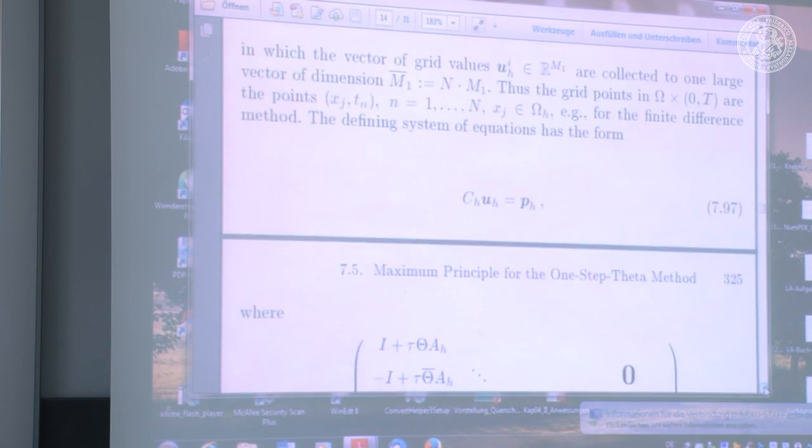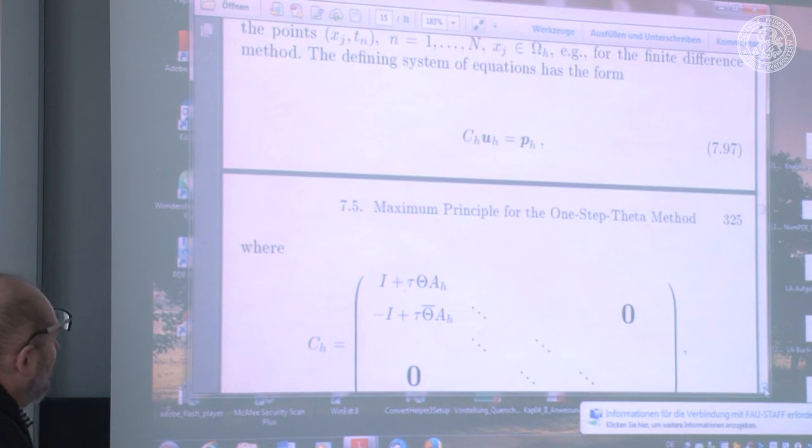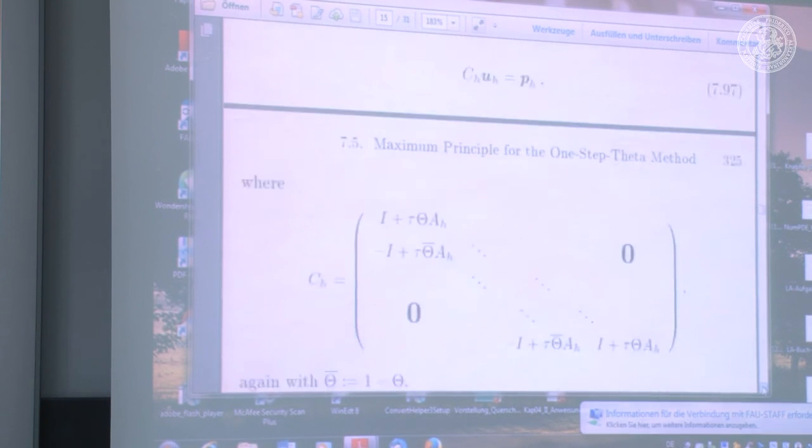So now we would like to write down the set of equations. So we need to have the matrix CH, and we need to have the right-hand side PH. And the matrix CH, this is my assertion,